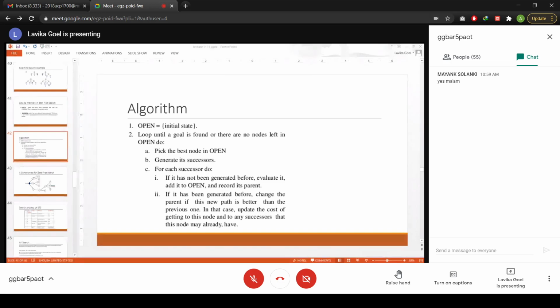So basically A star search is a practical implementation, or you can say an advanced version, of best first search, where you are using a separate cost function to make it possible to update the cost, basically changing the parent if the new path is better. So how this occurs is, you will reset the pointers and update the cost. So that is done through another cost function in the A star algorithm.